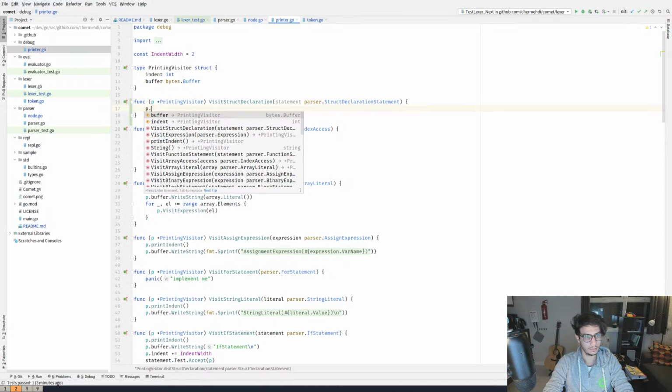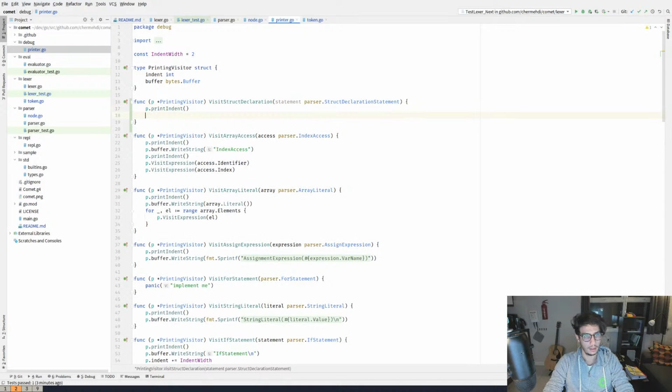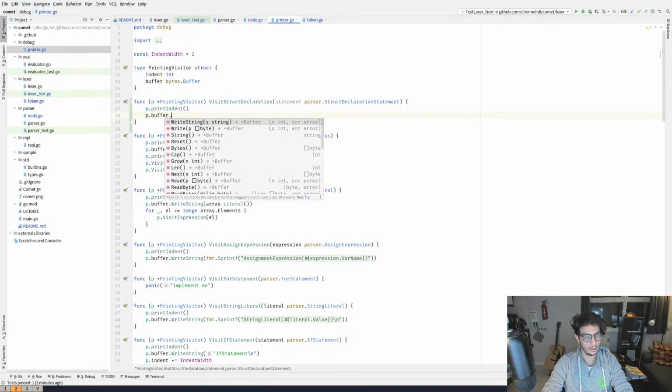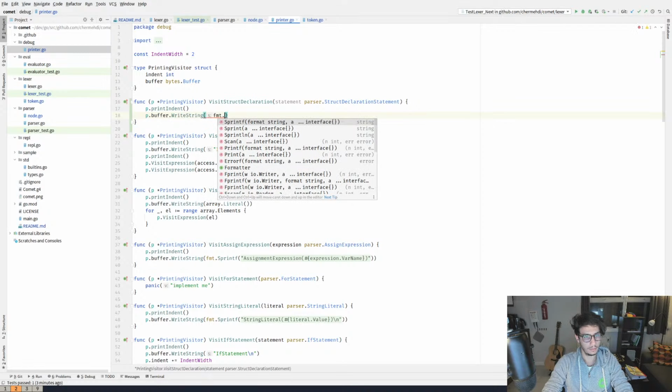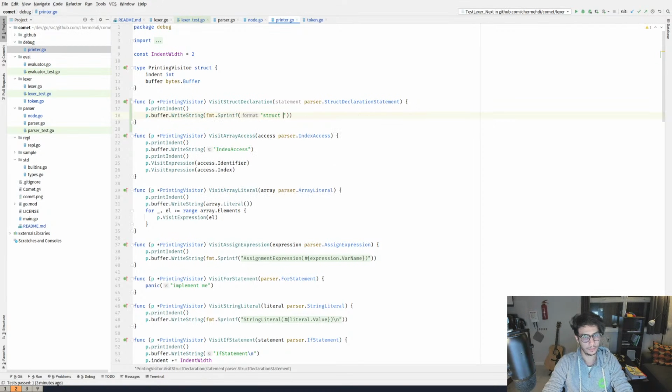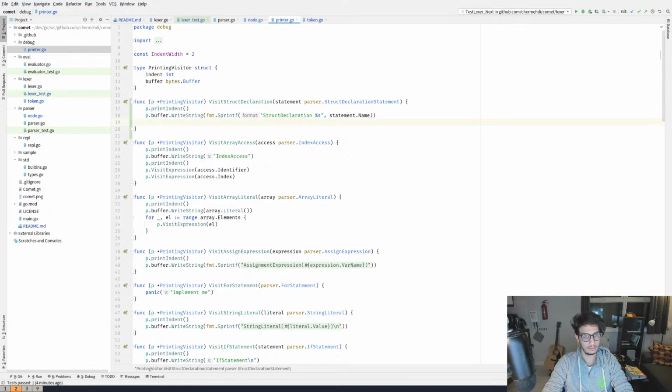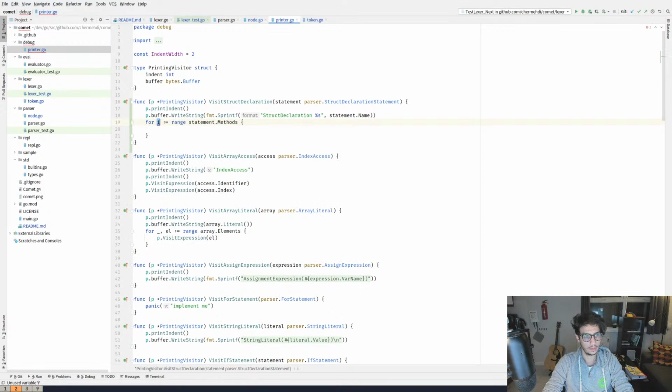So indent, and we print the name struct with the name, which is statement.name, and statement.methods, that's for p.visit method, the func statement method.